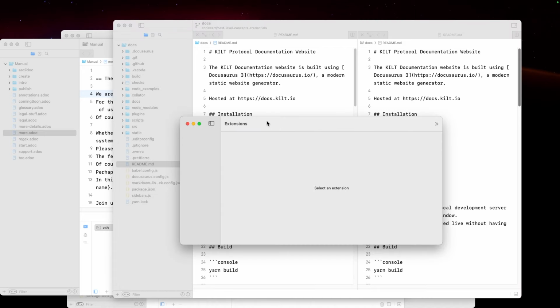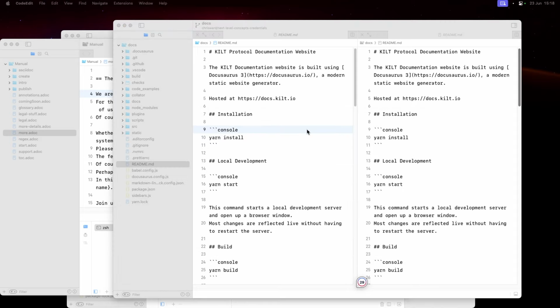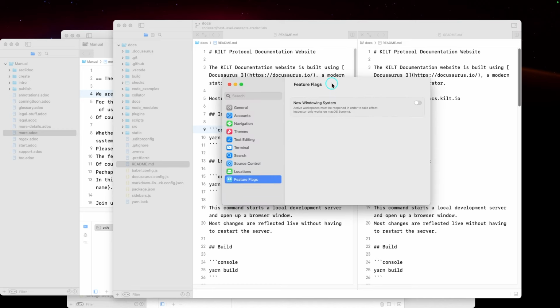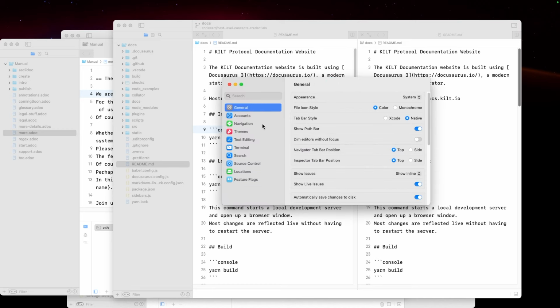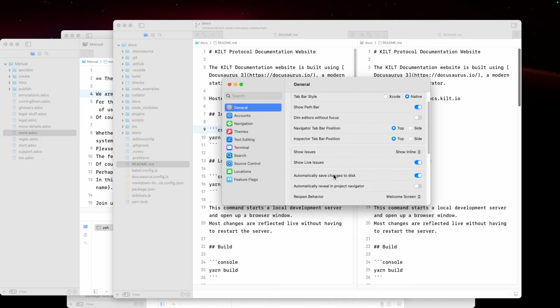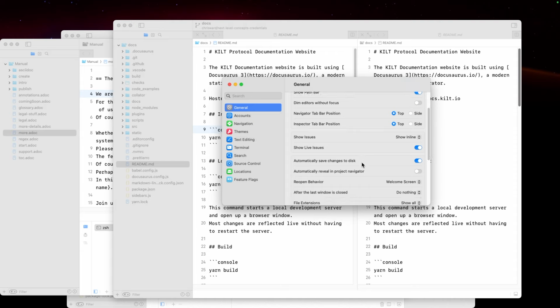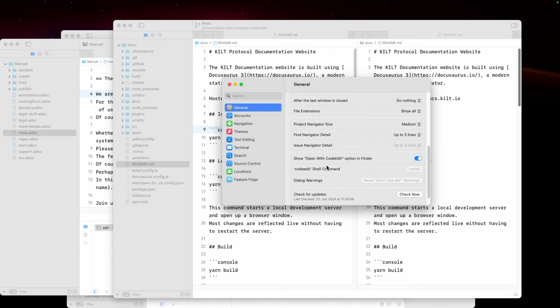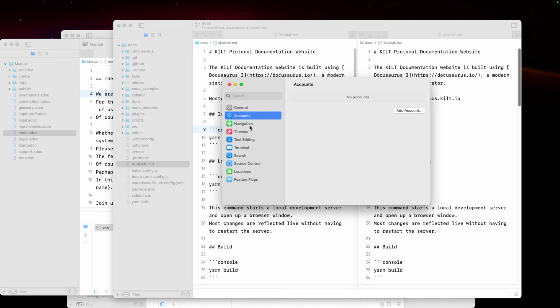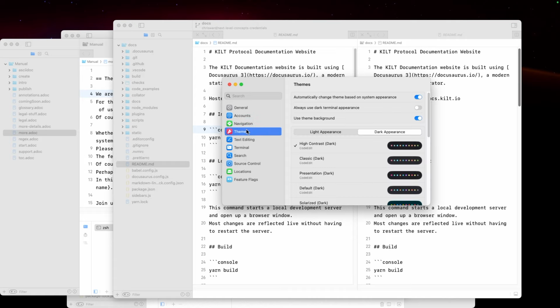There is an extensions window, but as far as I can tell, no way of actually adding any. So I think that's coming later. With regard to settings, it again has a relatively native view using the more modern macOS settings view. It's actually interesting. You don't see many applications doing this, but we can see a whole bunch of different ways we can change the interface, issues with the code, CLI integration, version control accounts, themes, of course, text editing, which